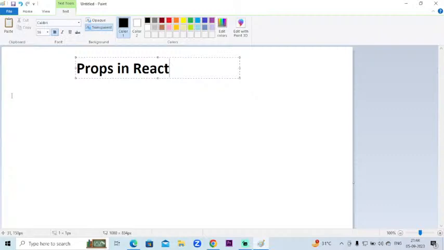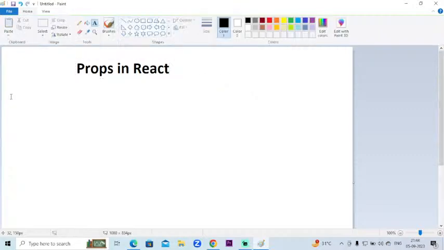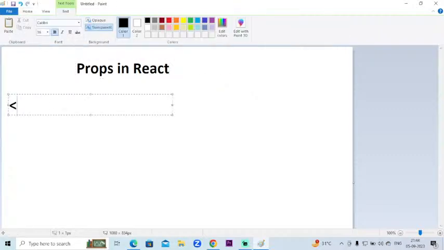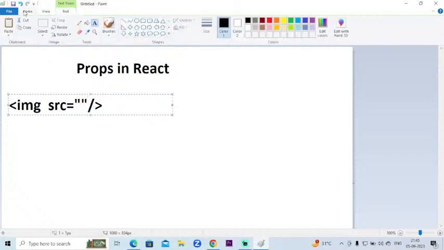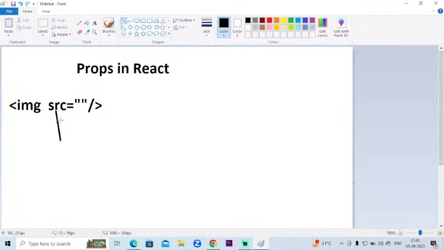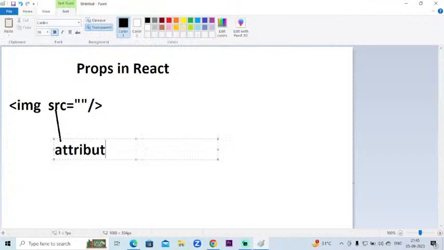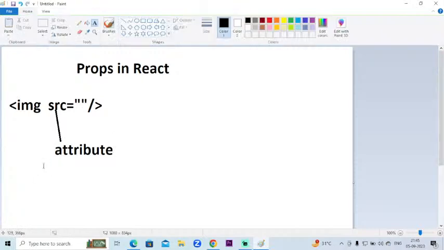What are attributes in HTML? Simply, if I tell you that I have an image tag, and inside this image tag we have an attribute with the name src, so this is the attribute of your tag, right? Similarly, as in the previous lecture, I told you what we are trying to do in